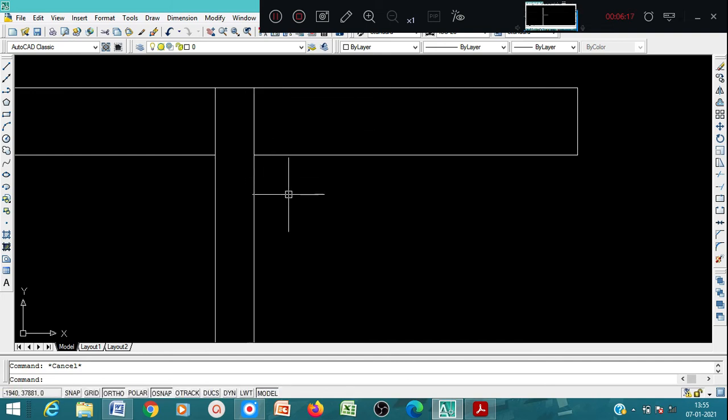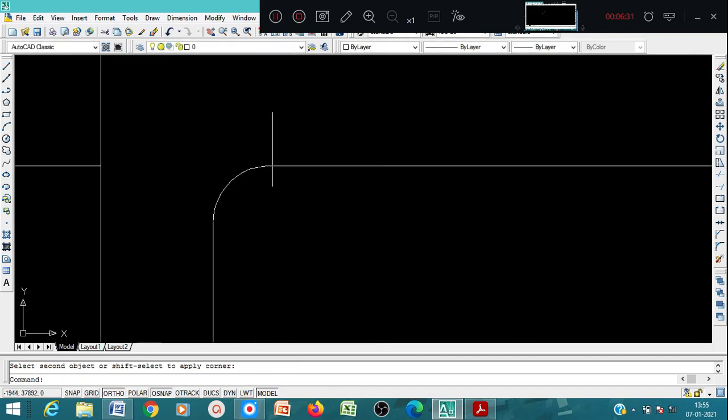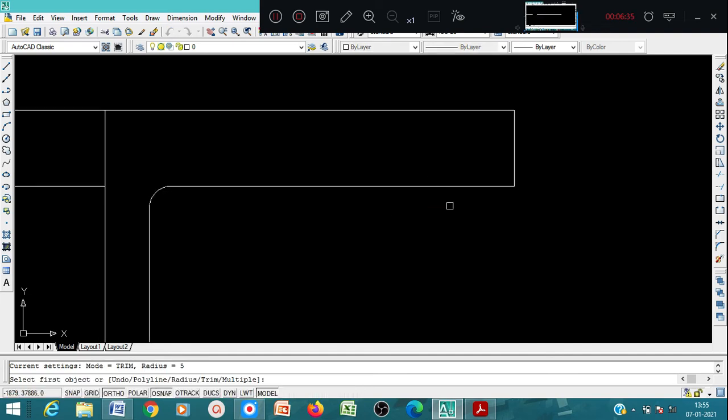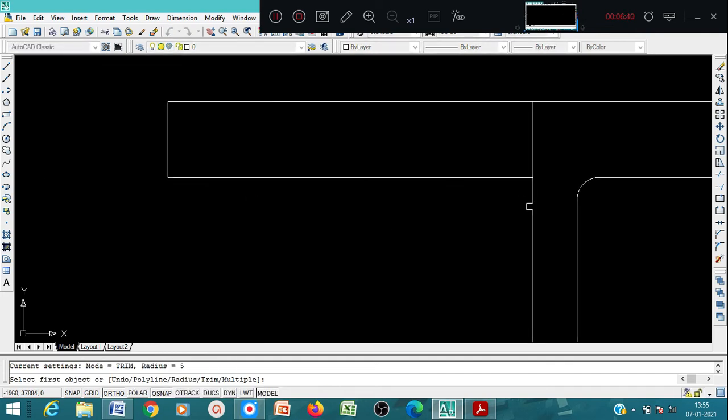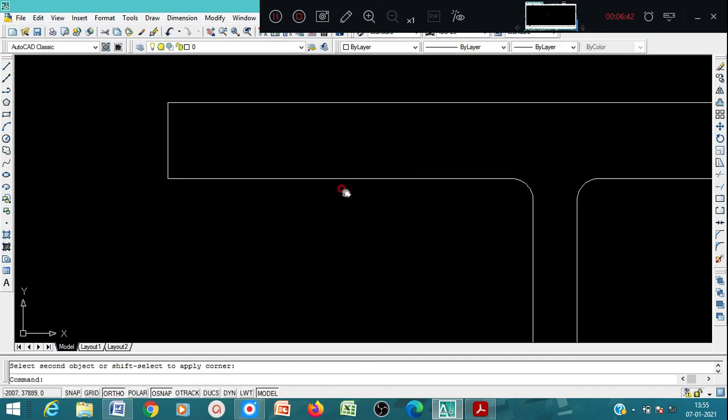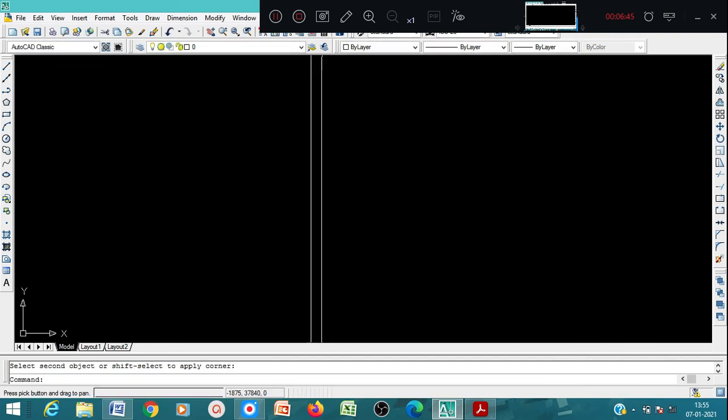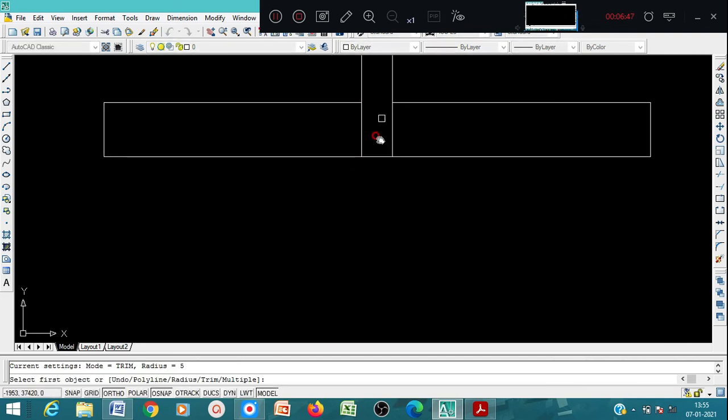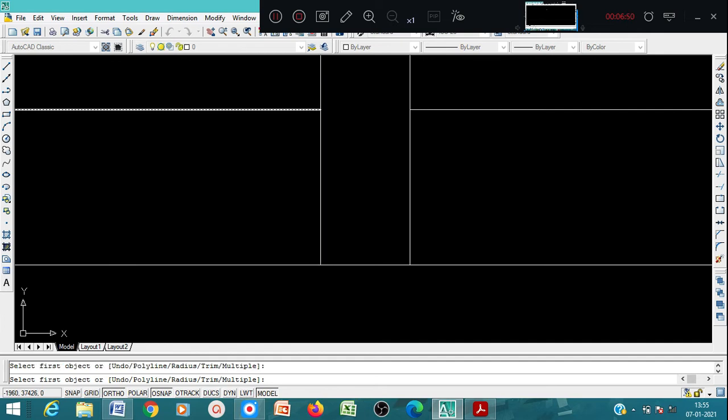So how can we use it? You have to use fillet, enter. Then it is asking for the radius. So you have to use the radius r, and I can use a radius of 5 mm. If you select both the lines, you can actually see the change at the corners. You can see there is a fillet. The same thing we can do here and here also. Just select both the lines. This is regarding the fillet at the corners, how to use the fillet command.